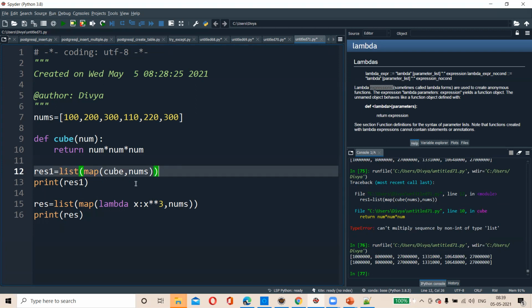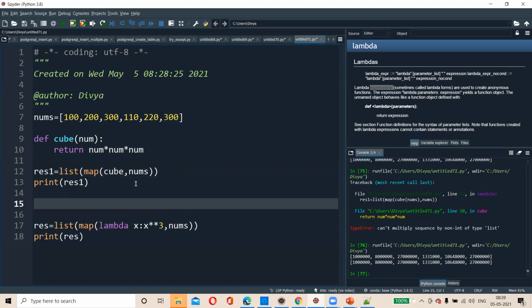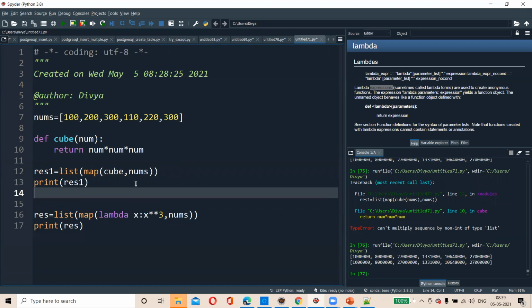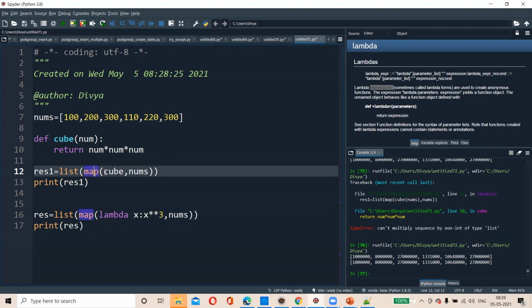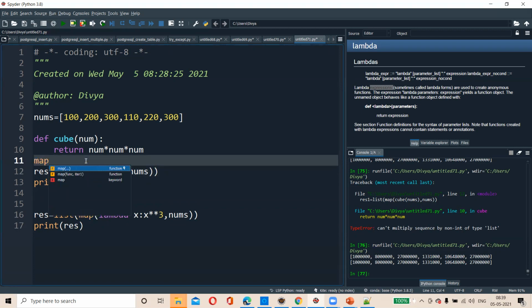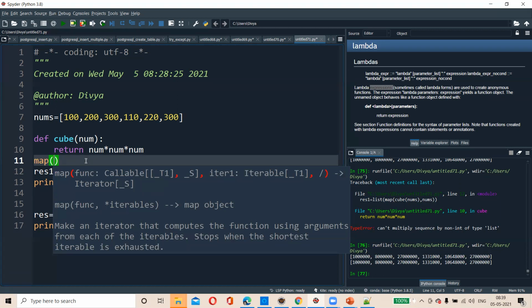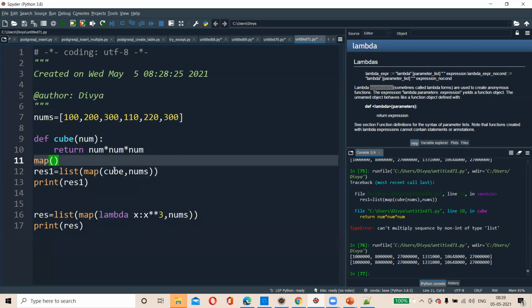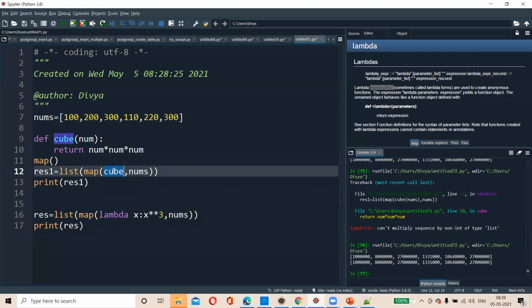So now there are two ways we are doing it. You need to understand the two ways. The simple way is depending on the map function. What is the map function definition? We saw already: a map will take a function call and an iterable. We gave a function name and it will do an expression. So for every value in a list, it is giving you the cube of a number. Now everything will come and be pushed into a map object, so we are converting the map object into a list.